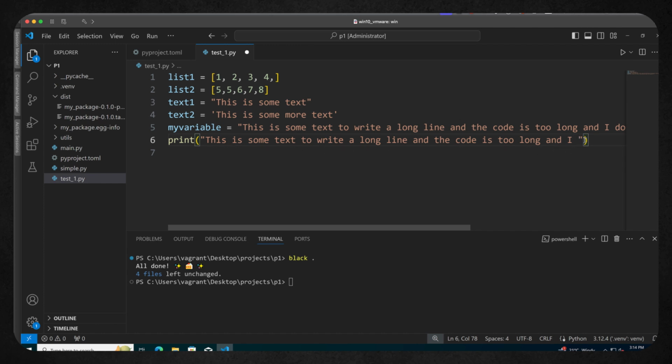So that's 78 lines of code. Let's just put in some extra code. So we've gone to 82 lines. Whereas this, we can actually have our print parentheses opening up and then move the text onto another line.